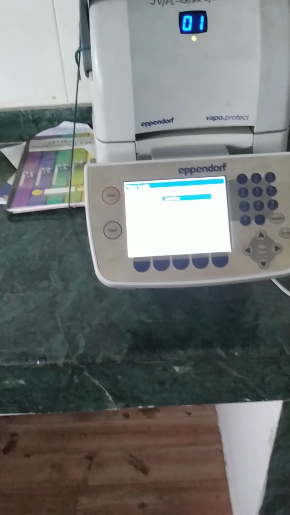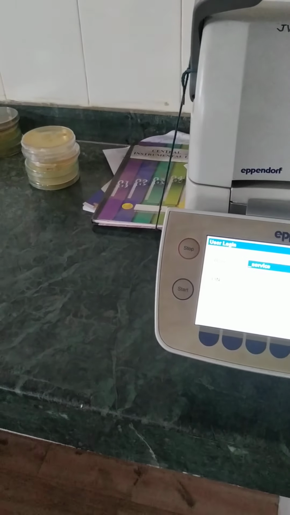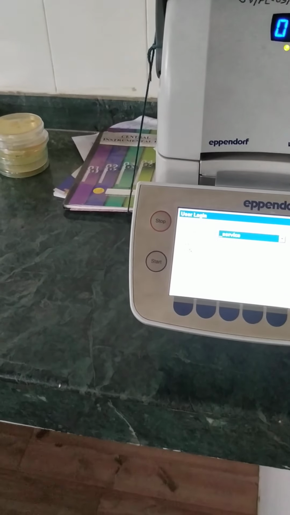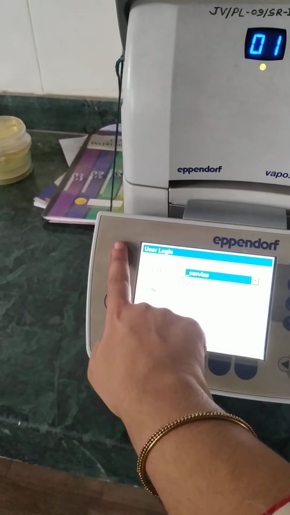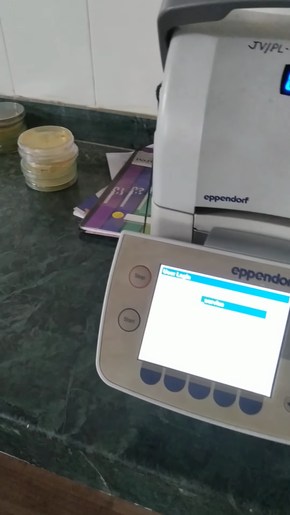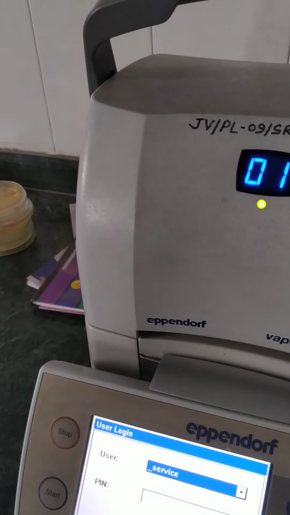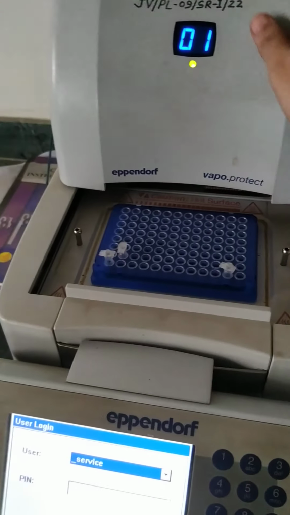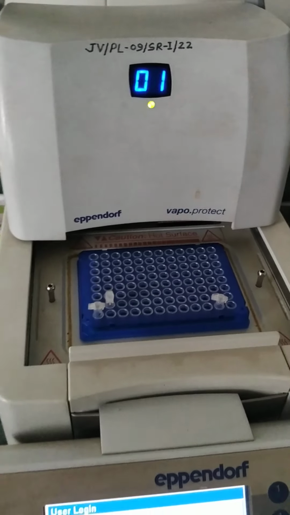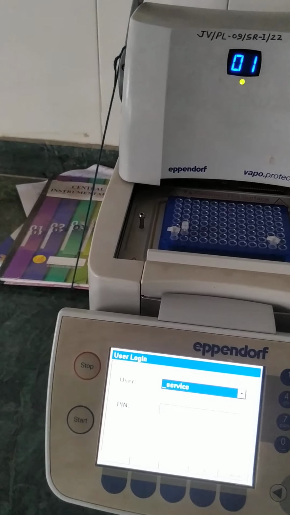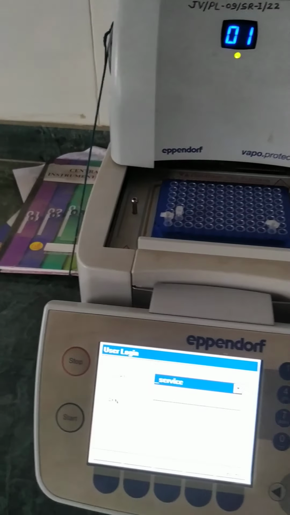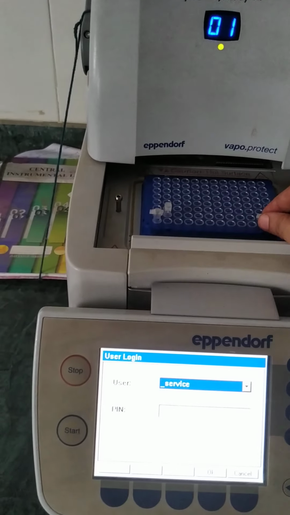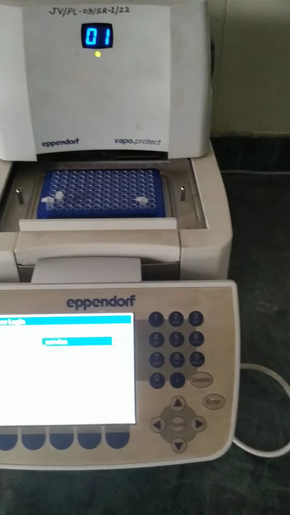After completion of your cycles, the PCR machine will remind you by alarming, and then you have to stop it, and after stopping you can remove the PCR tubes. Just be careful about one concept: whenever you take out PCR tubes, these are the PCR products, so you have to put them into ice.